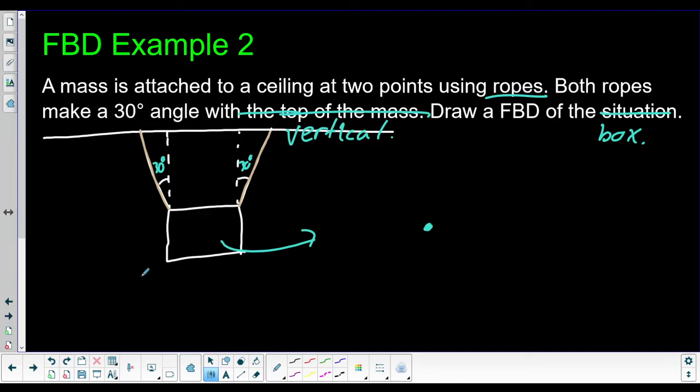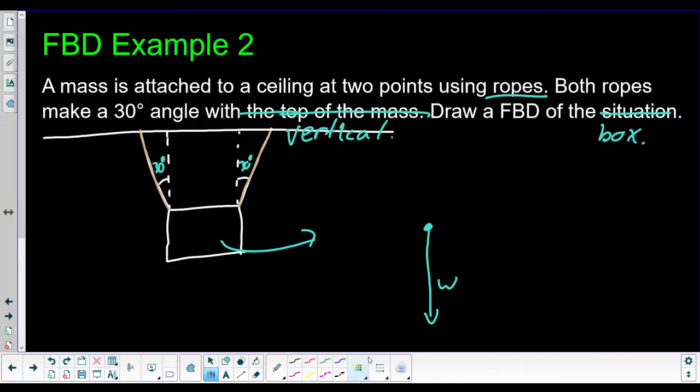Step 2, it's on a planet, so of course there's going to be weight, or the force of gravity, pulling straight down on this thing. Okay. Now we have 2 ropes here and they're pulling up. This one's pulling up and a little to the left, and this one's pulling up and a little to the right. What we're going to do is draw those separately because they're 2 separate objects applying a force. There's a lot of symmetry here, but there's still 2 distinct things, and we should have 2 distinct forces